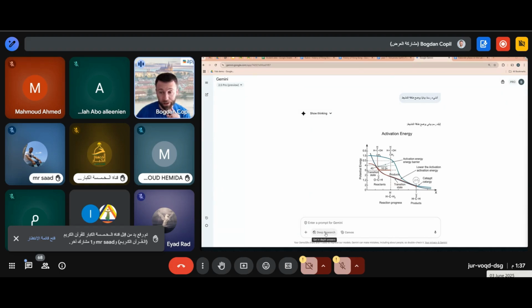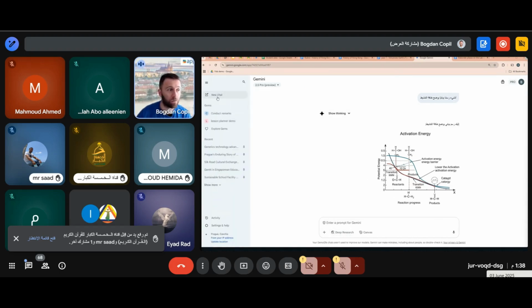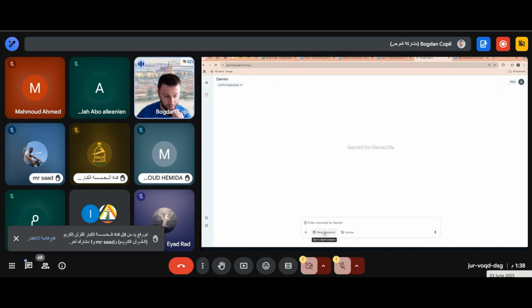So for the deep research, let's have a look at how this would work. And this is a different way of actually using Gemini. And this is helping me get information from many different sources. So just to show you an example, I need a list of the most recent advanced